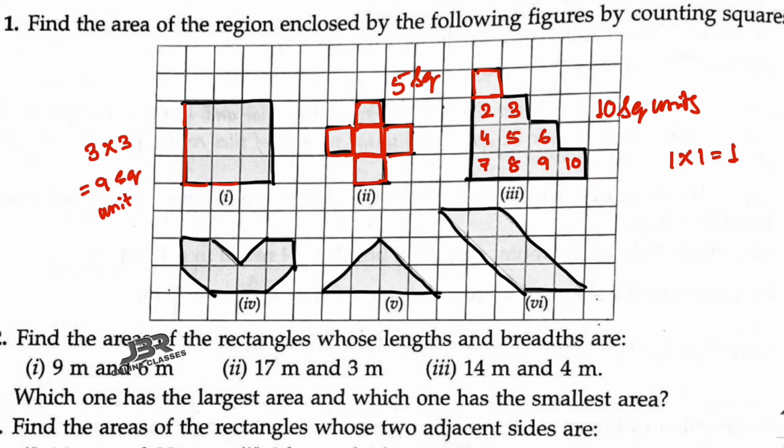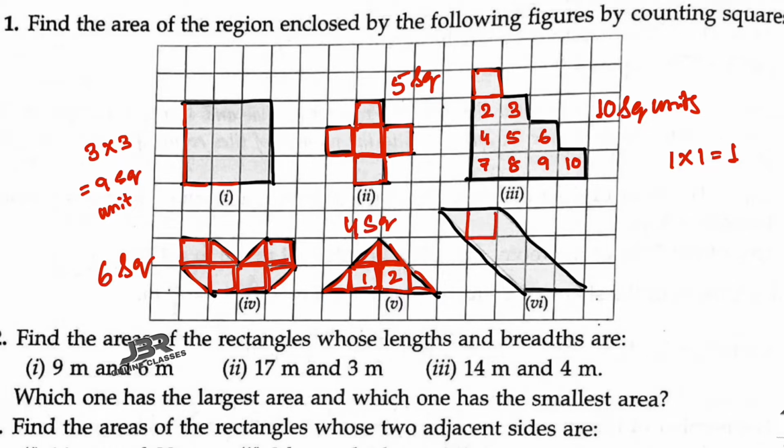Now the next one, here 1, 2, 3, 4. 4 squares, and this one is a half square, and this one plus this one makes the fifth square, and here another half and another half, that is 6. So your answer is 6 square units. Now the fifth one, here 1 full square, 2. So 1 and 2, this one is a half and another half, so 3, and the upper one half and half, that's 4. So in that case it's 4 square units.